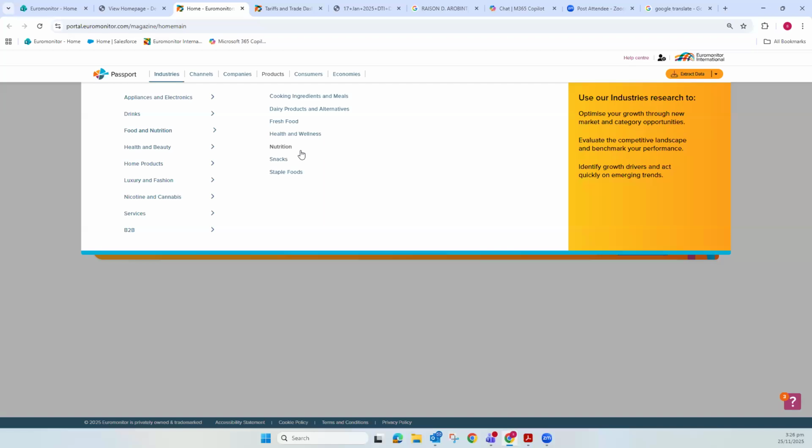If you see that it's a little dark, it means you're just not subscribed to it. And of course, you have snacks and staple foods. Under health and beauty, of course, you have BPC, or beauty and personal care, consumer health, eyewear, tissue and hygiene. And home products, you have home and garden, home care, pet care, luxury and fashion, apparel and footwear, luxury goods, personal accessories,